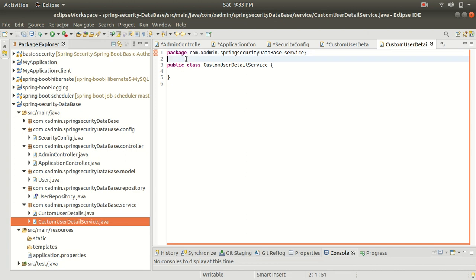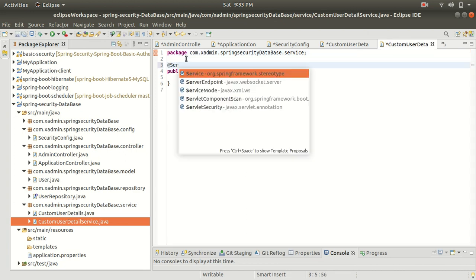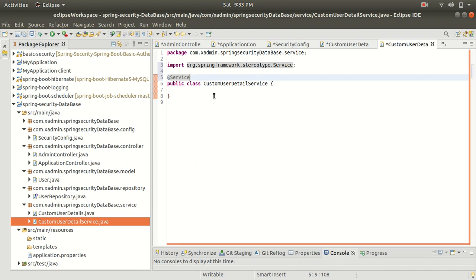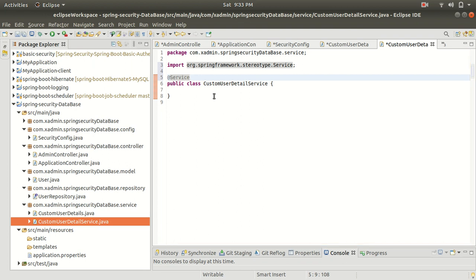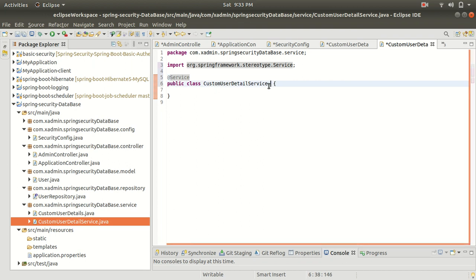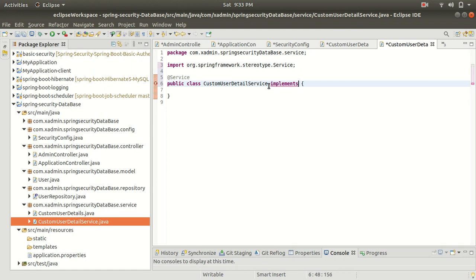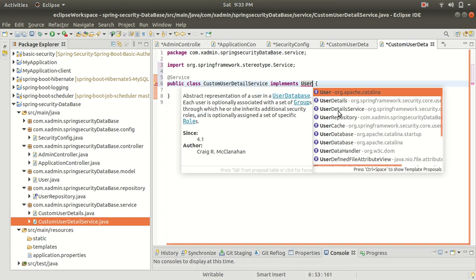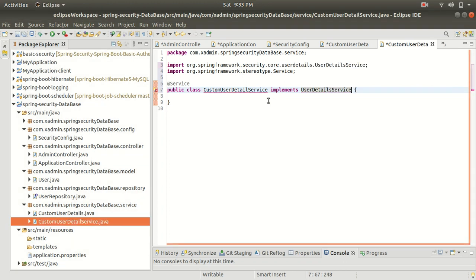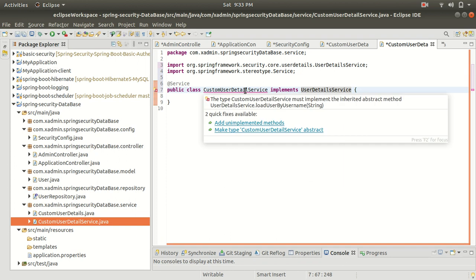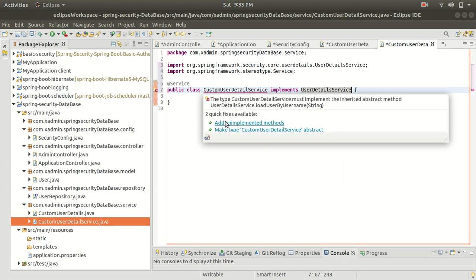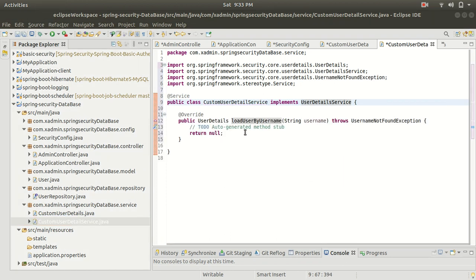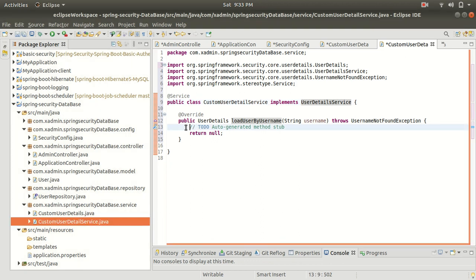Mark this with the annotation @Service to make this a service class. And we have to implement this class with the UserDetailsService of Spring Security. So we have to add the unimplemented methods. So let's override this method loadUserByUsername. Inside this we have to write our implementation.